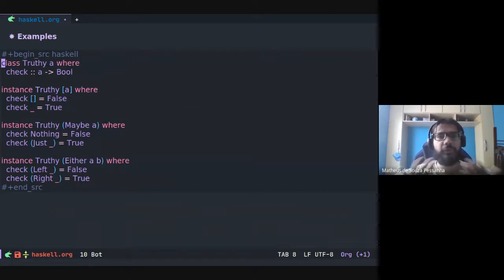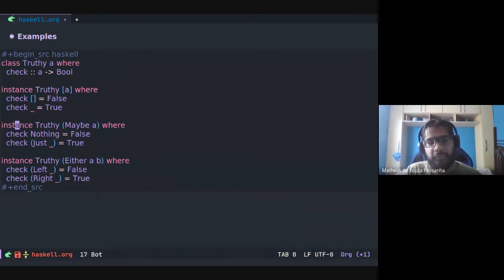But I can create a new type class, Truthy, that needs to implement the check function, which receives an argument of type a, which is any type, and returns Bool. So I will implement the Truthy type class for a list where, if check receives an empty list, it's false, and any other list is true.